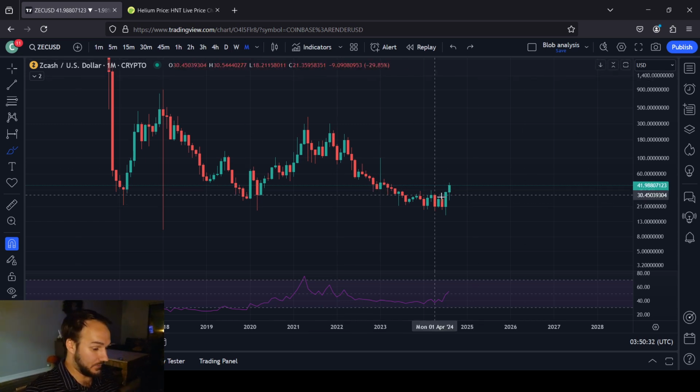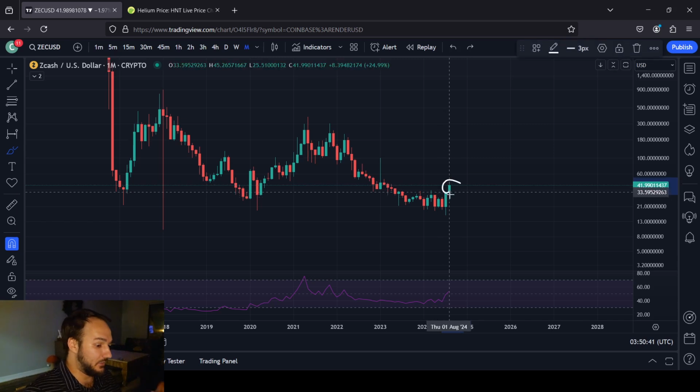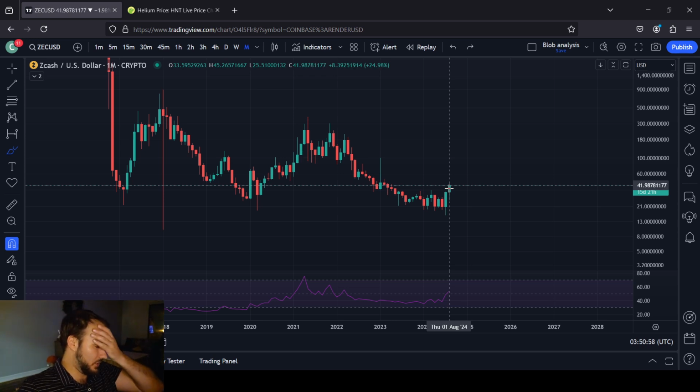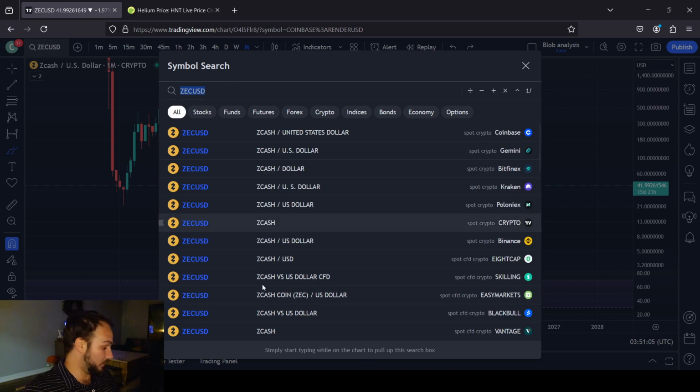I already gave you my short-term stuff, and really, I'm going over this because I think this is very awesome for any person holding Zcash. Congratulations, guys. This is what a lot of the cryptos that I'm holding, I'm waiting for this right now. This is great. If Bitcoin Cash is doing this, if Mana was doing this, if XCN, if Blue Zell was doing this, breaking out of its accumulation zones. I guess Blue Zell's not an accumulation zone, but I'd be very stoked, especially Mana. This probably closest resembles Mana right now. But anyways,